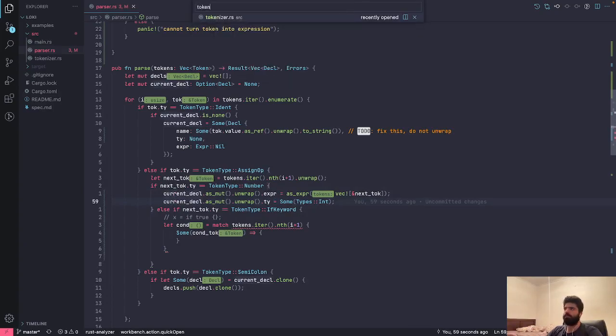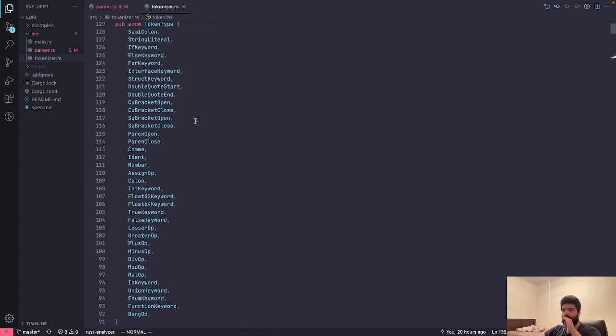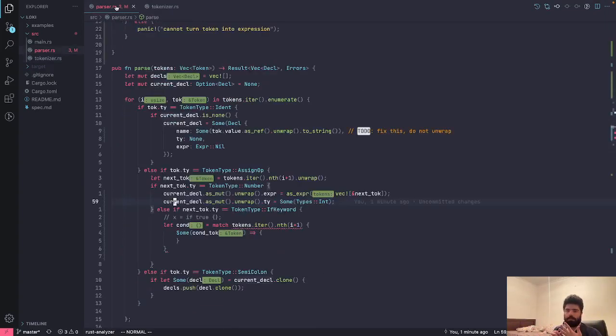So if I go into the tokenizer, I can see that I either have a number, a simple small value, or a function call, or an if expression, or there are no for loops. In that case, that is 4, I think, scenarios. So if is one of them. So if we reach an if, my condition